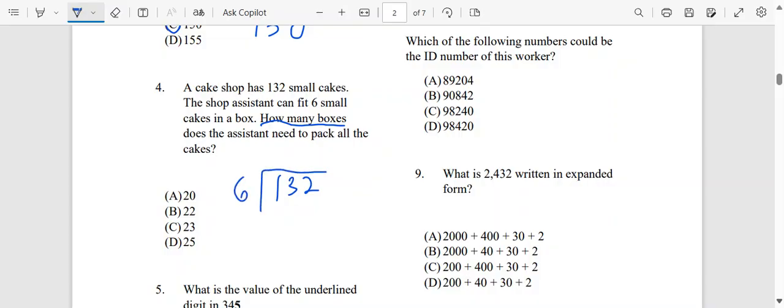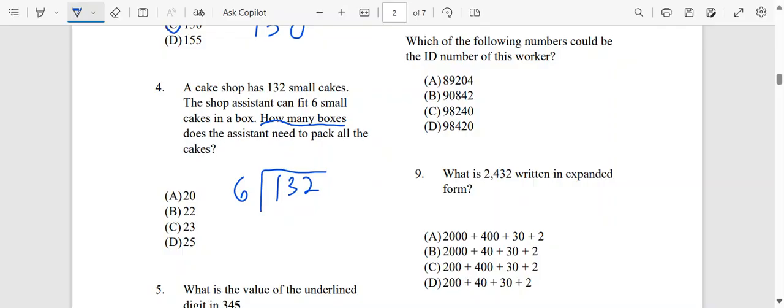We need to find out how many boxes we can fit, 6 small cakes in, out of the 132 cakes that we have. All right. So let's go. Once you know your timetable, you are good to go. Once you know your timetable, it's easy for you to get past this. So